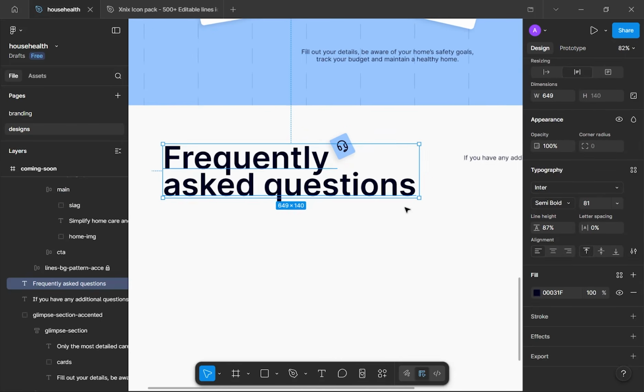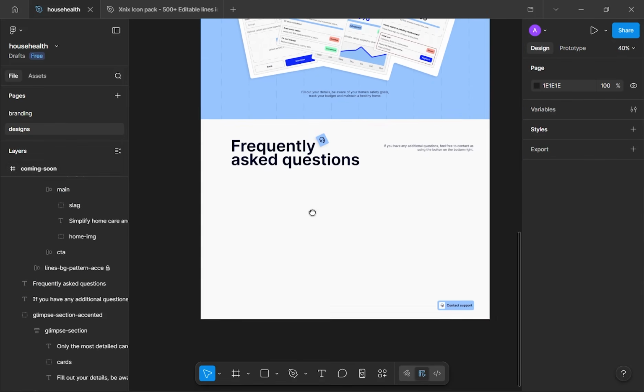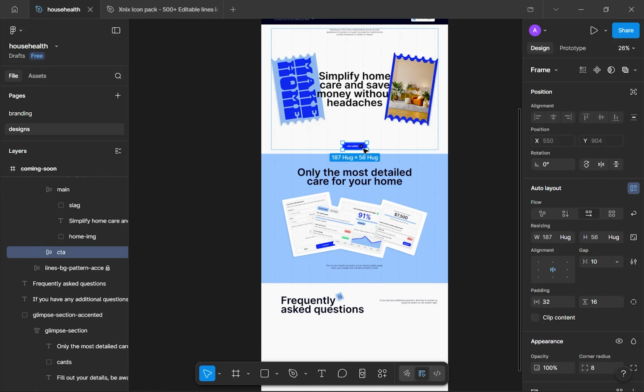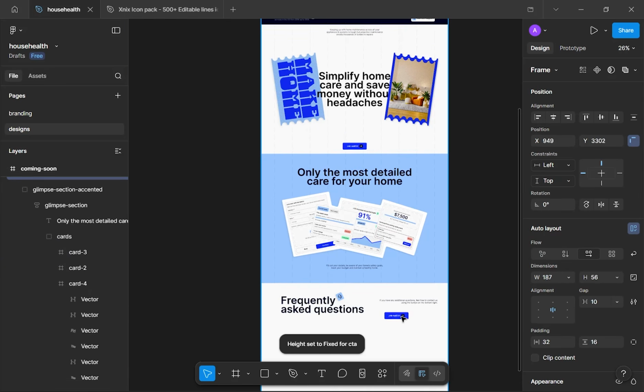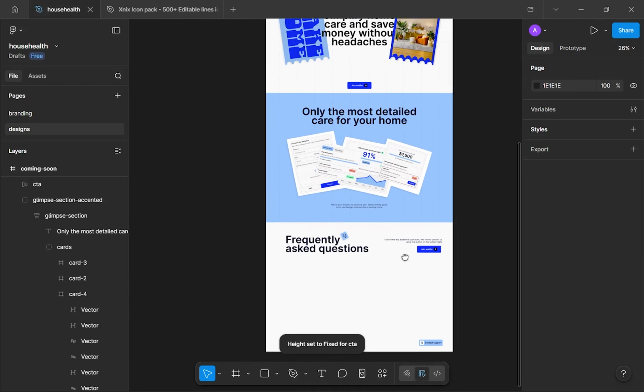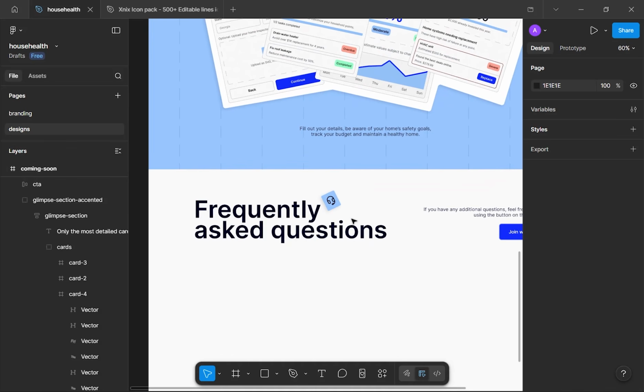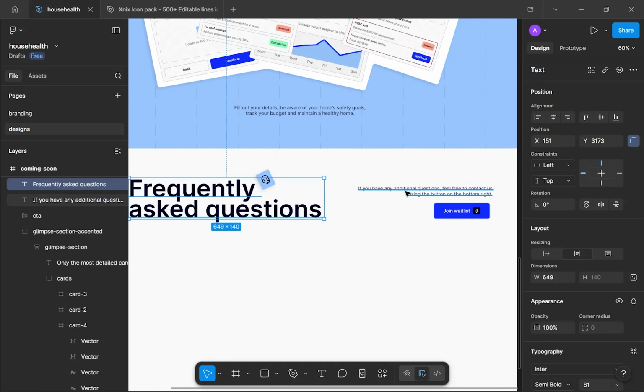just a subtle shadow. Next up, the final thing for the header is I'm gonna need a call to action. So I'm gonna bring that here and align it right here. Okay, that's good progress. And next up, what I want to do is I want to take these two here,